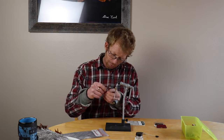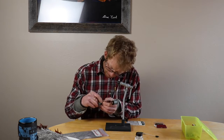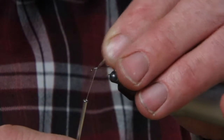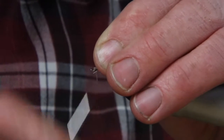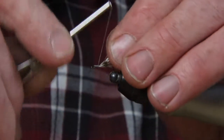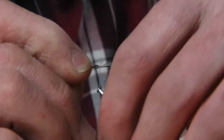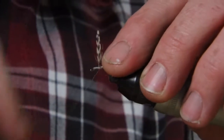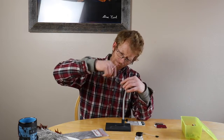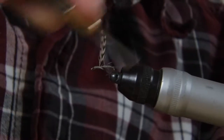Okay, you're going to get two of the wing tips, and you're going to line them up. You're going to try to split the hook, have one feather on either side of the hook. After you tie the wings in, you're going to wind the thread back to the bend,